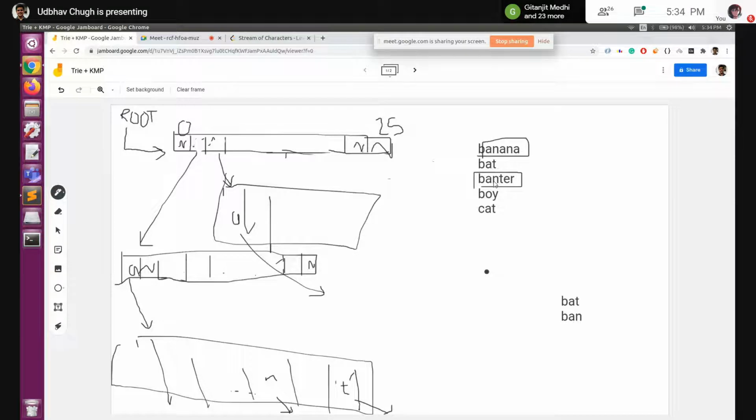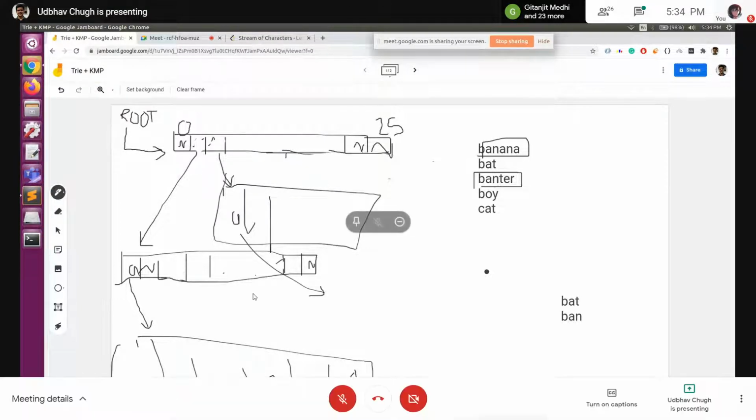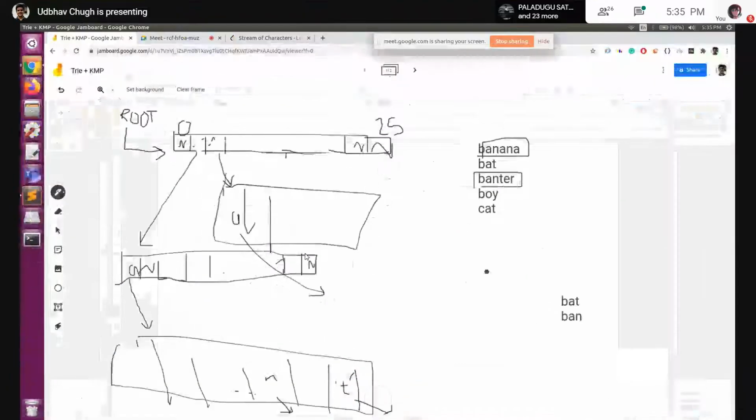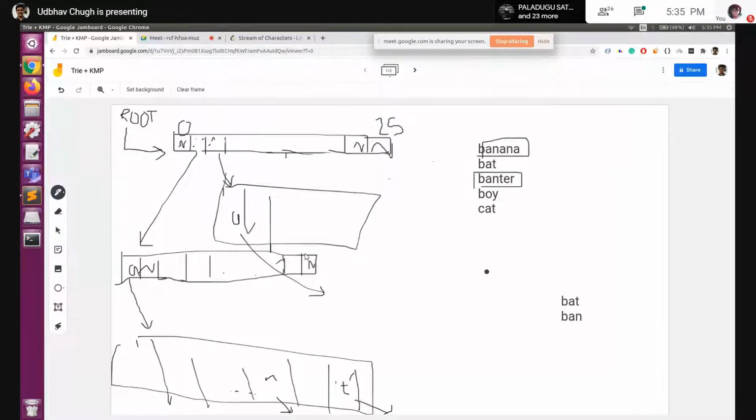Every time, we need to find whether there exists some k greater than or equal to 1 such that the last k letters are present in the initial set of strings. If A, B, C, D came and k is 4, we check whether ABCD is present in the initial set of strings or not.